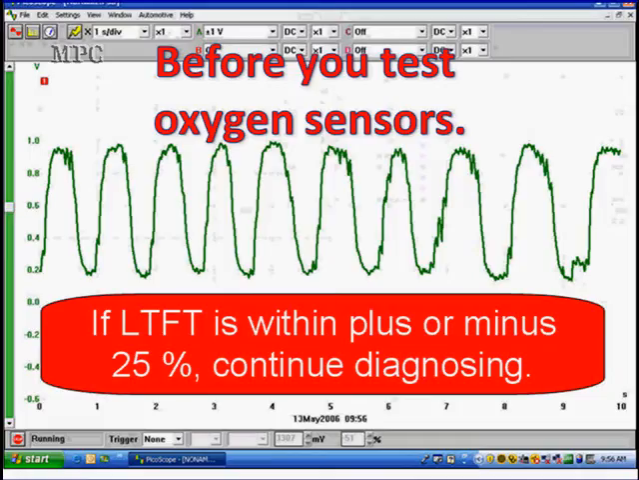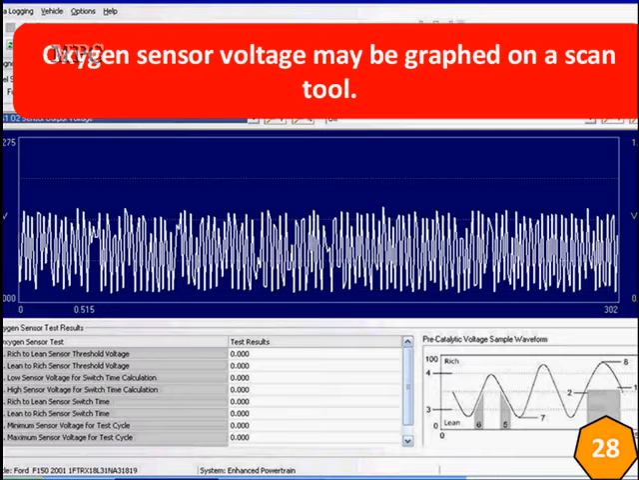Ideally, before we return it to the customer, we want to get it below 10% correction. This means something has been going wrong with fuel delivery or fuel control that has utilized the oxygen sensors to correct for it. So don't get too far down the road before you fix fuel control and fuel delivery. Now, one of the things we're also going to use to look at this, we can look at it with a scan tool. This is a